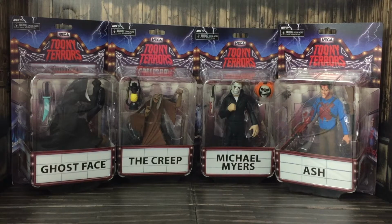Today we are reviewing the Toony Terrors Series 5 figures from NECA Toys. This wave includes Ghostface from the movie Scream, the Creep from Creepshow, Michael Myers from Halloween, and Ash from Evil Dead. I would like to thank NECA for providing these for review. Greatly appreciate that. Each figure is packaged on a blister card packaging with artwork that's consistent throughout the line, including